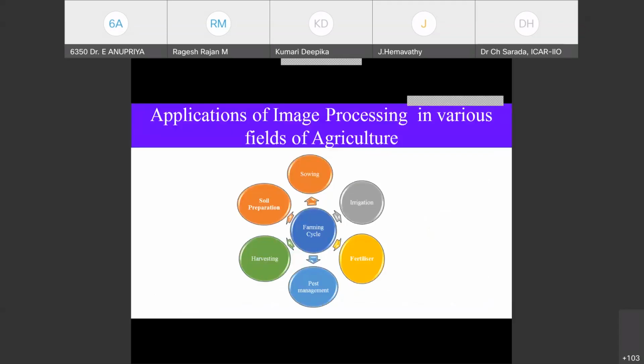So coming to our present topic, a farming cycle consists of soil preparation and sowing of the seed, giving some irrigation, and putting some fertilizers to grow that, and then if the crop grows,